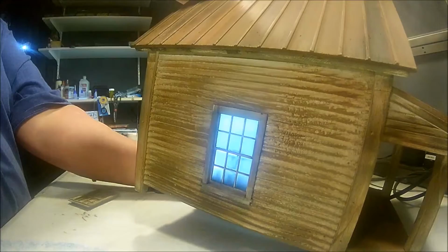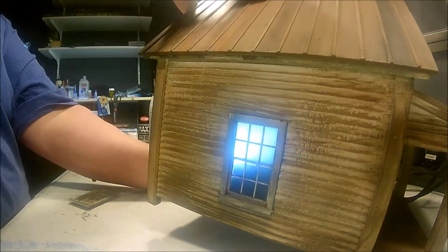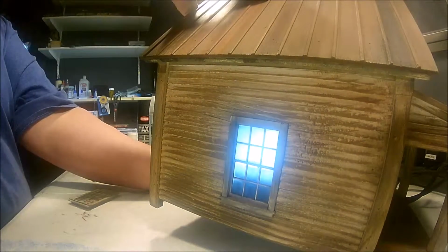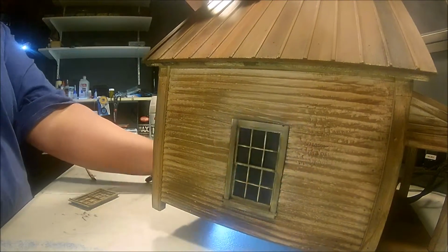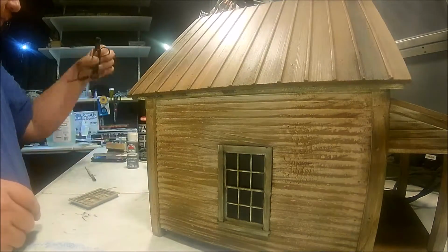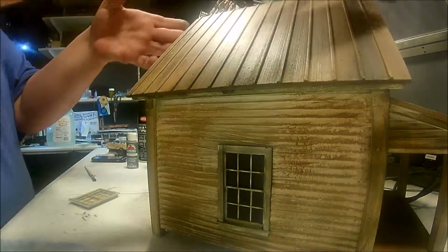And both these, the light is pointed directly at the window. Okay, you will see the highly toned down light that comes through that window. Alright, now the blue color is from the flashlight itself. It looks a lot worse on the camera, but in a regular light bulb that you would put in for lighting this structure, if you chose to light it, it wouldn't look like that. Okay,